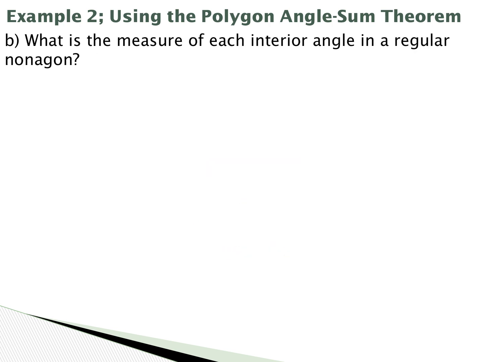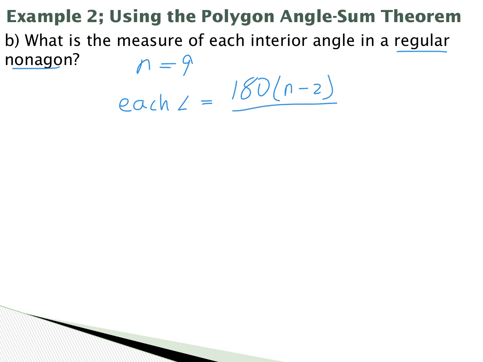Next one, what is the measure of each interior angle of a regular nonagon? Nonagon means 9 sides, so n is 9. So same concept for each angle. We're going to take 180 times the number of sides minus 2, all of that divided by the number of sides. So 180 times 9 minus 2